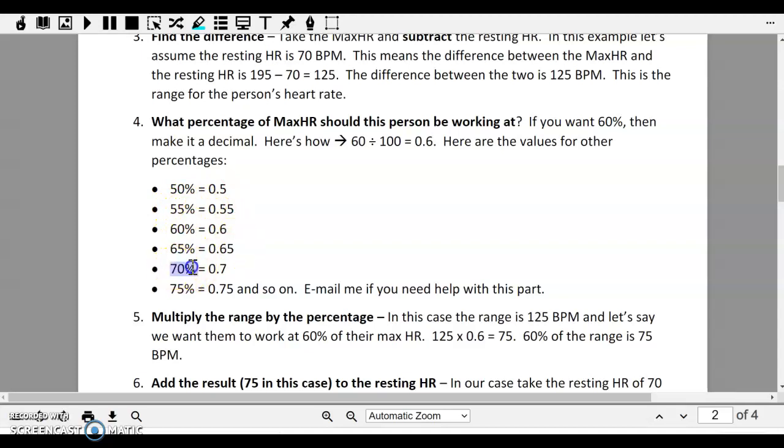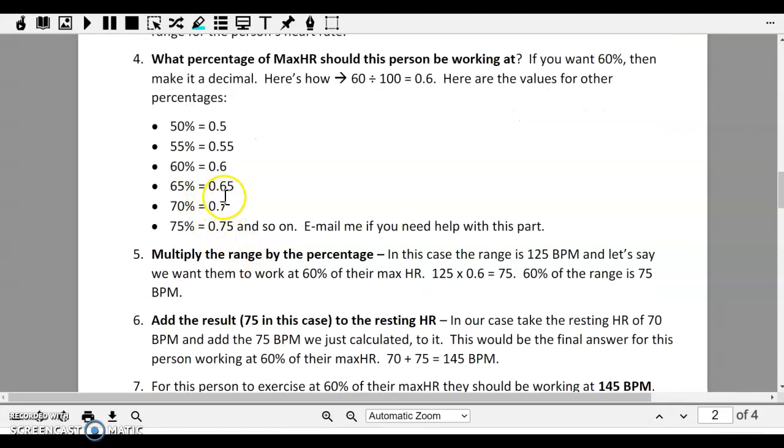Now this is the one you might want to key in on, because I suggested to you that Johnny Exercise wants to work at 70% of his max heart rate. So you're probably going to need to use the number here, 0.7. Then you're going to take this decimal, 0.7 for Johnny Exercise, and multiply it by his